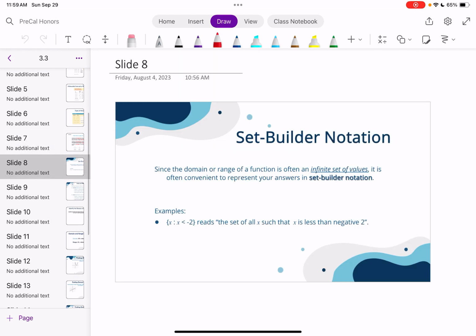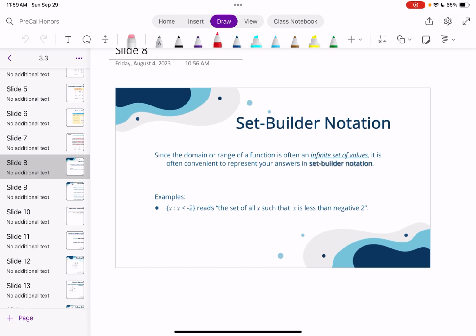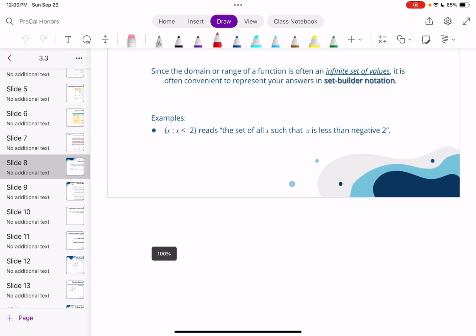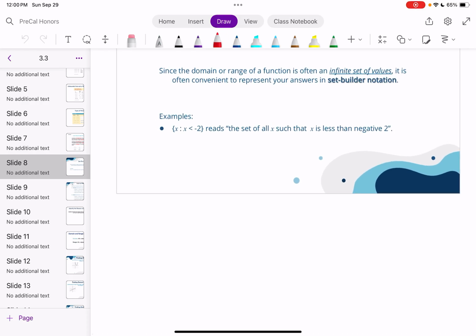In slide 8, we are taking a look at set builder notation. Now, set builder notation, we have seen it before, but the most important thing is understanding what it is speaking of when we see a graph and having to write it in set builder notation, or seeing a set builder notation and creating a graph from it. Let's go ahead and take a look at various examples. We're going to begin with